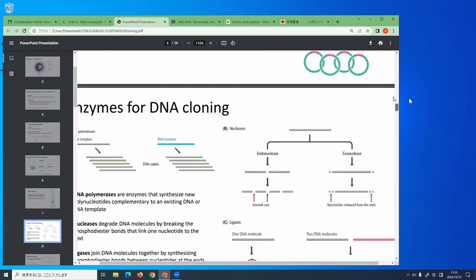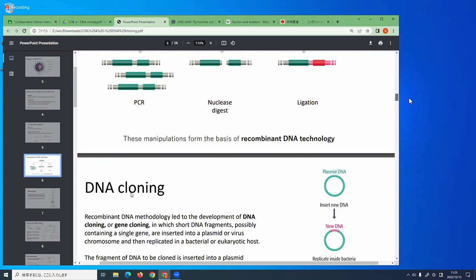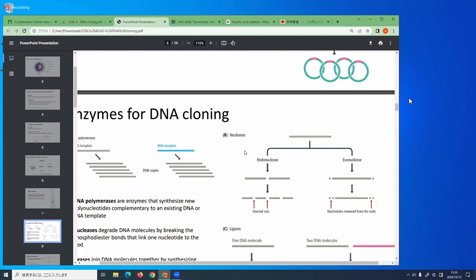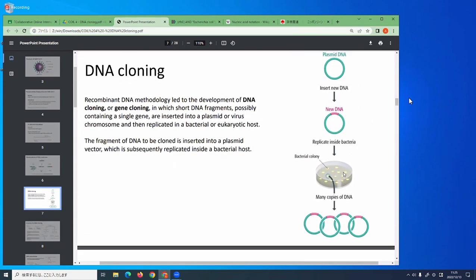And when you want to copy DNA, we use PCR, right? And PCR, because we have a DNA polymerase enzyme inside, will repeat the process of copying the DNA. However, when you grow a bacterial cell, the bacterial cell will multiply. When the bacterial cell multiplies, it will also multiply the amount of DNA it has, right? So this is, I think, a more organic or more natural way of copying